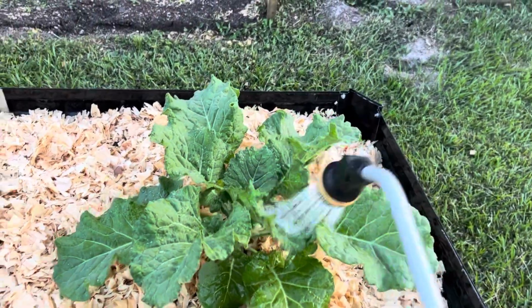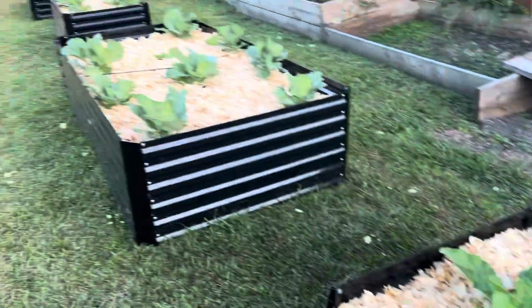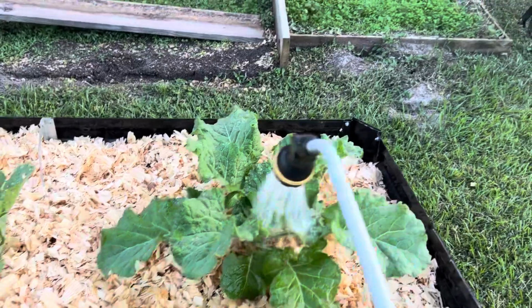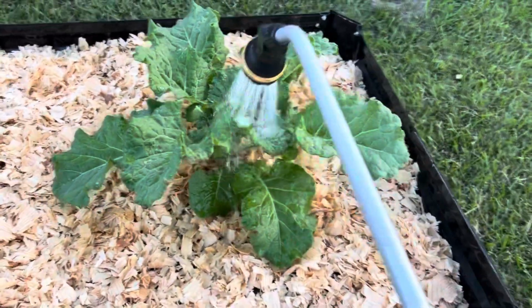Alrighty, just a quick update. I just filled up my beds with pine shavings, wood shavings, and I just want to show them off. That's all. And I also want to say that I don't know if this is